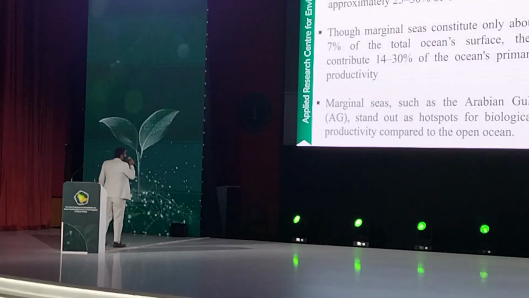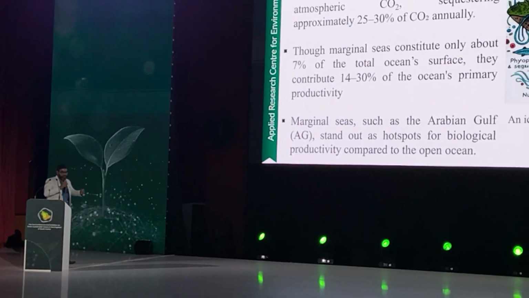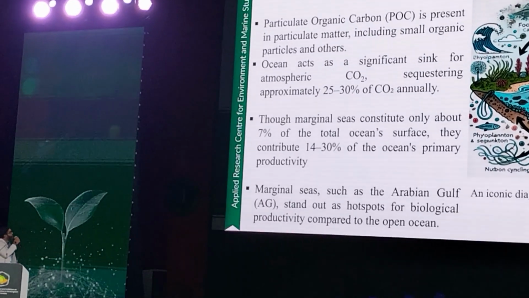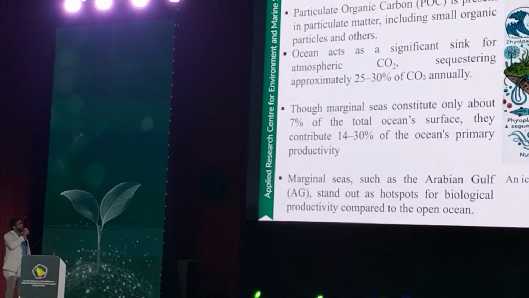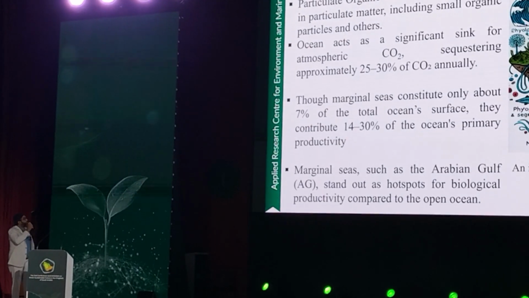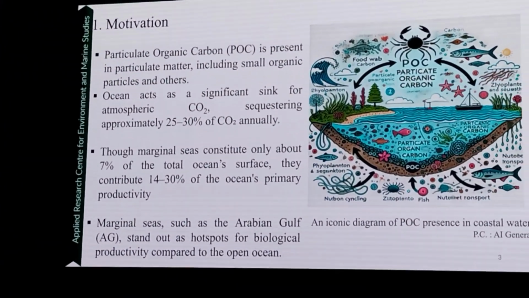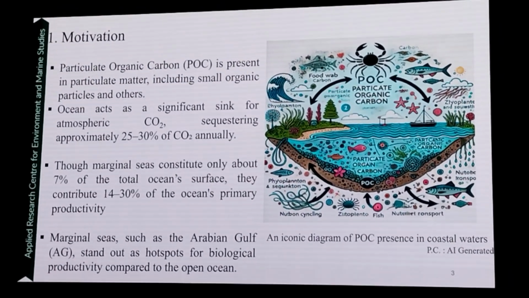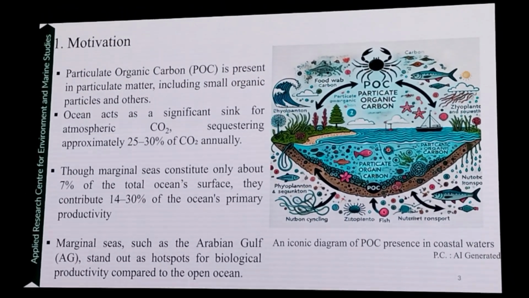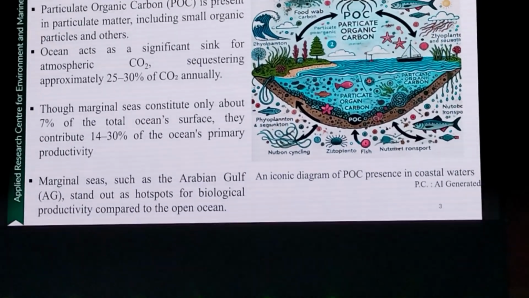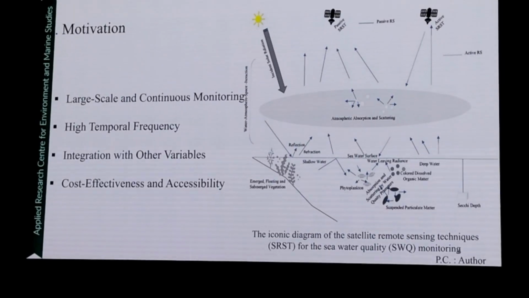And we know the ocean acts as a significant sink for carbon dioxide, sequestering approximately 25-30% annually. And although the marginal seas are very small, around 7% as compared to the open ocean, but